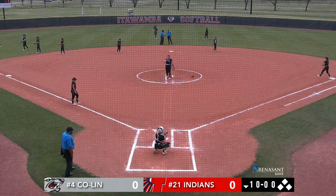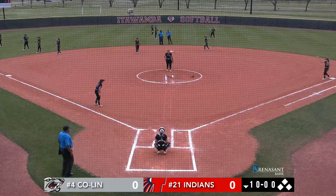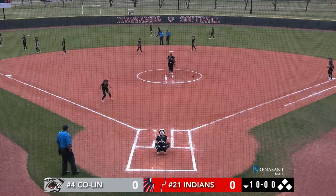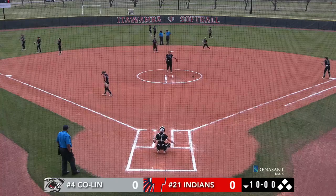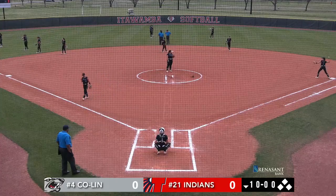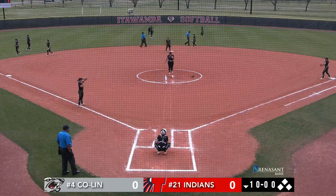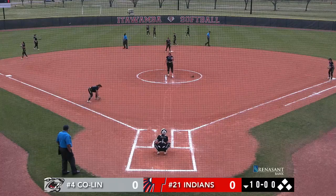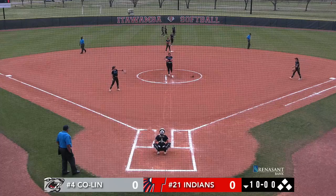And the flex player in game 2 will be number 2, Abby Burnett playing second base. So that will be Taylor Efferson pitching game 2 for the Lady Wolves. And now your starters for the 21-11, 6-7 in conference, ICC Indians, ICC and Coke. Now that's a winning combination, and Coach Munson hopes she has that same winning combination put together here in game